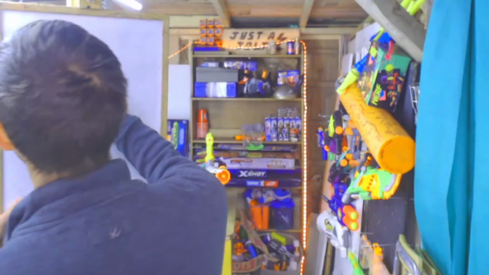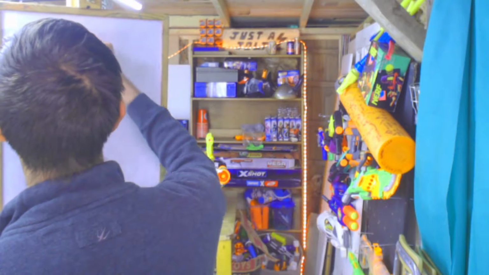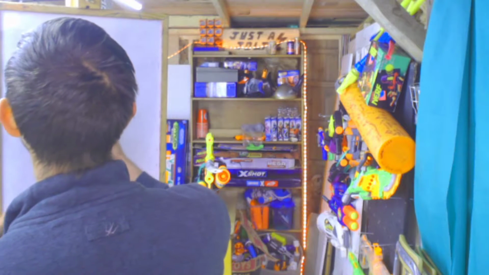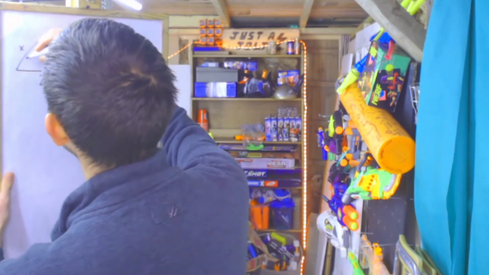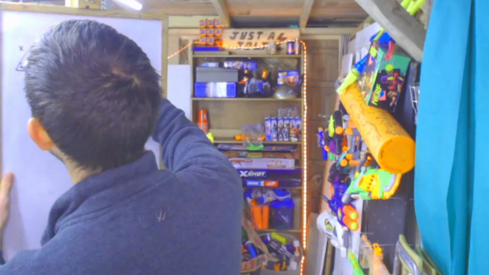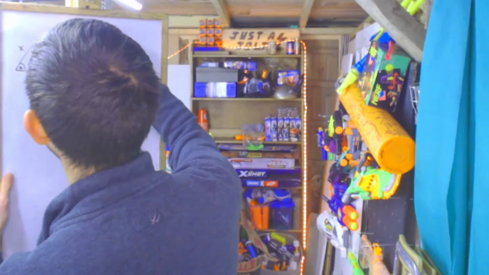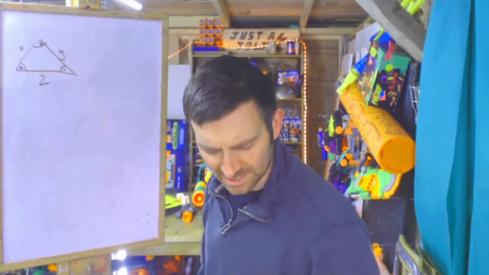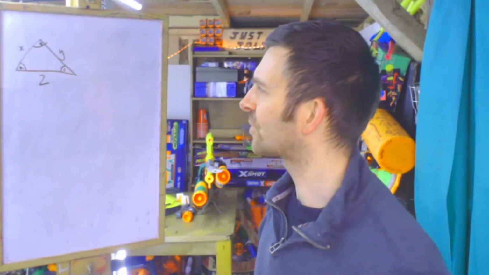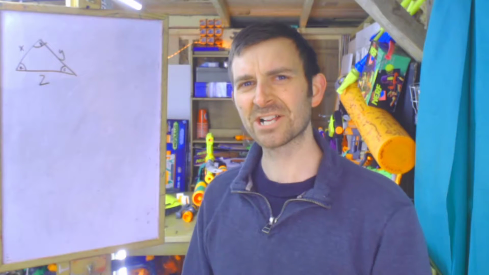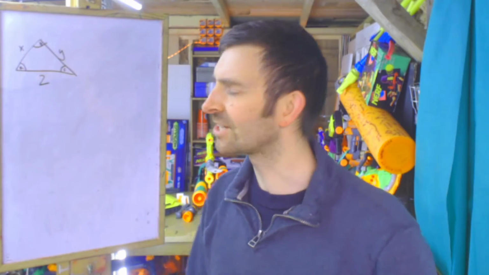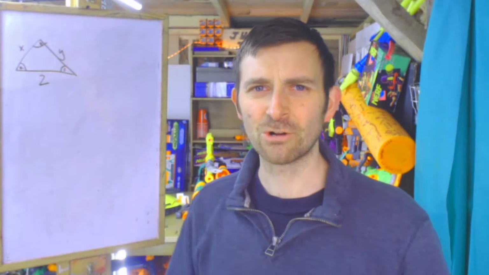So let's take a triangle right here. Similar triangle to before. Let's say we've got X, Y, and Z sides again. And then let's just have A, B, and C as our angles here. Now, how can we tell if a triangle is congruent? Well, there are actually 4 different rule sets. There are 4 different rules that we can use to tell us whether a triangle is congruent with another triangle